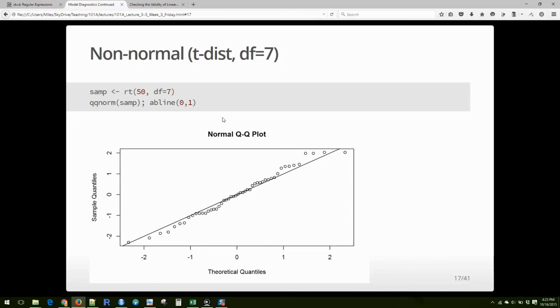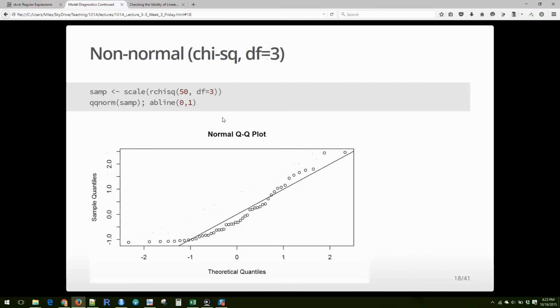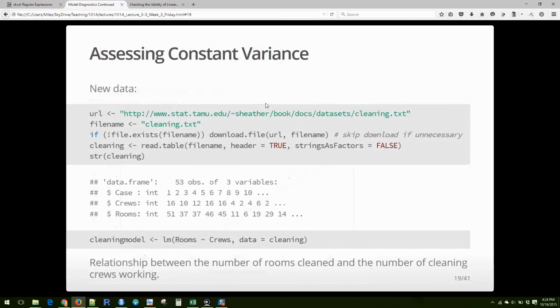We can do something that is very not normal, like the chi-squared distribution, and then we detect it quite readily. You've got all of these data points way out here that show a clear departure from the line that it should fit. Is that all right? Okay, so let's